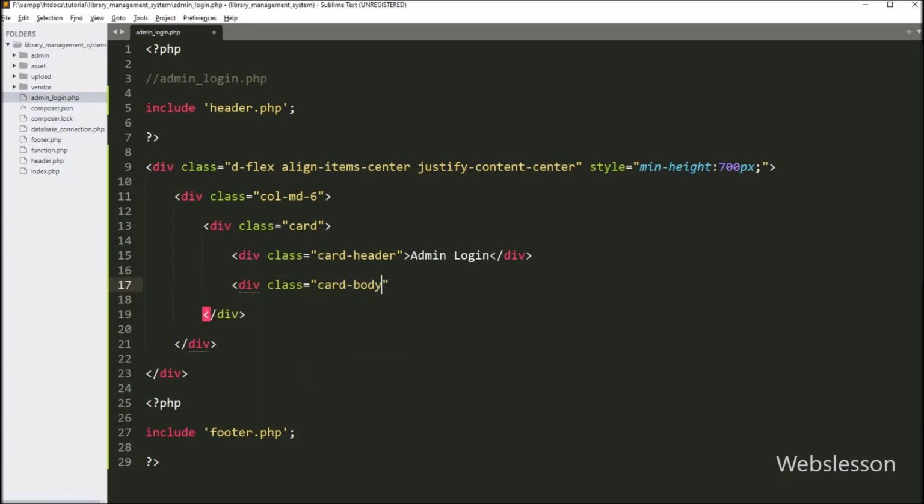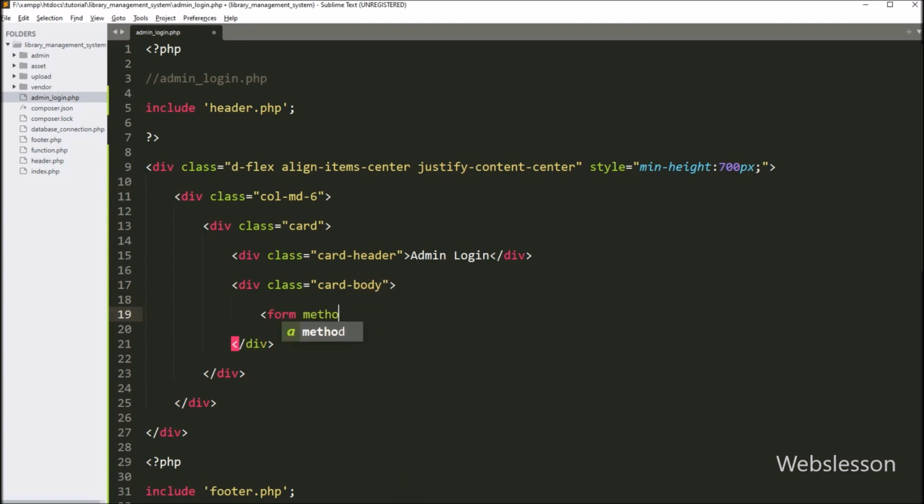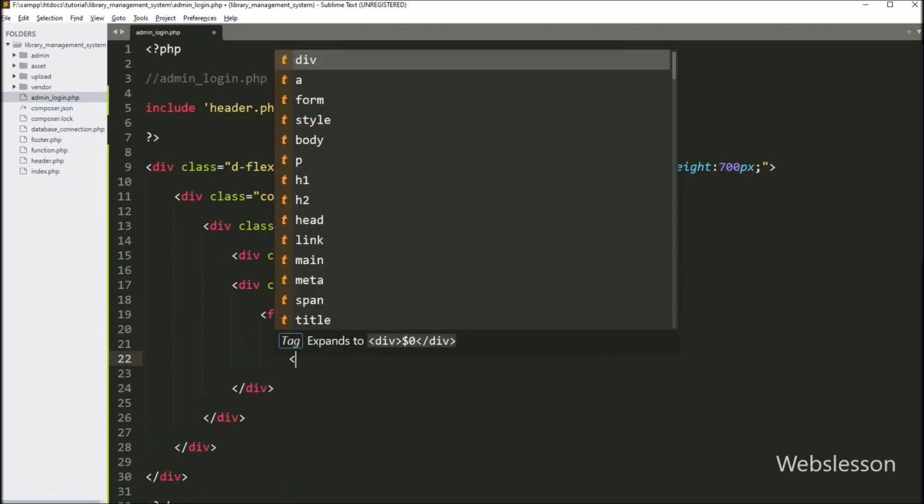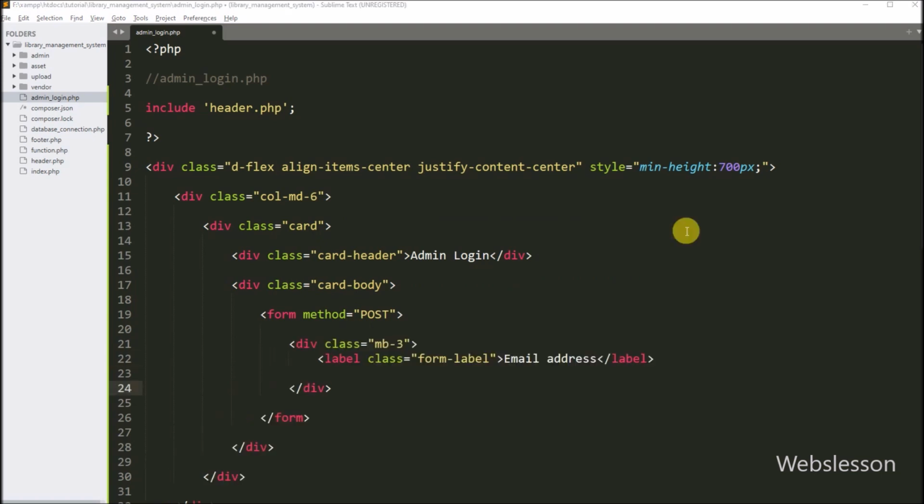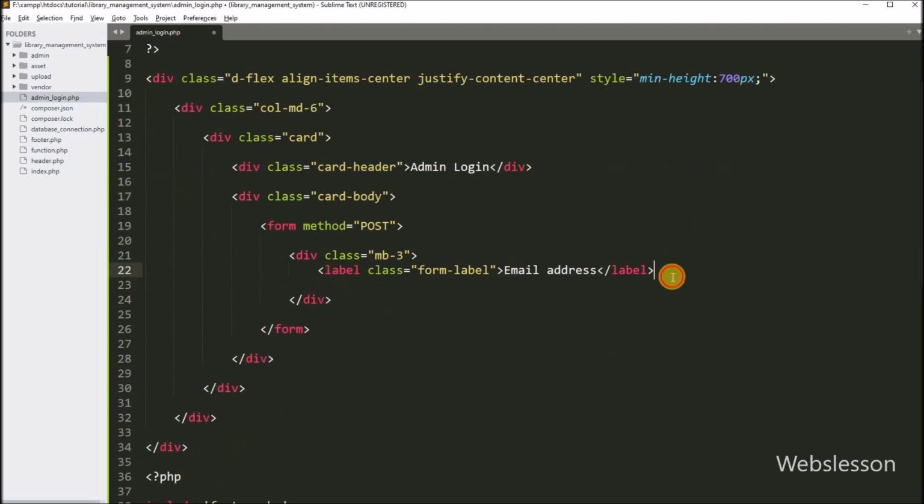Under this tag, we will create a form to submit admin login details. So to create the login form, here we have written a form tag with method equal to post. Under this form, to enter admin email details, here we have created an input type text tag with name equal to admin email, and id equal to admin email.